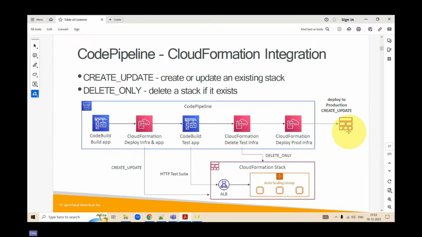Okay, so let's say you have an entire cloud infrastructure that contains your load balancer, your EC2s, your web server, your database servers, and all other stuff related to it. Now you cannot create all the infrastructure in one go in production directly.